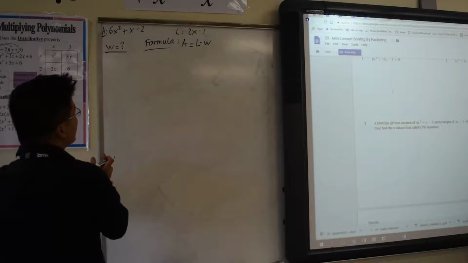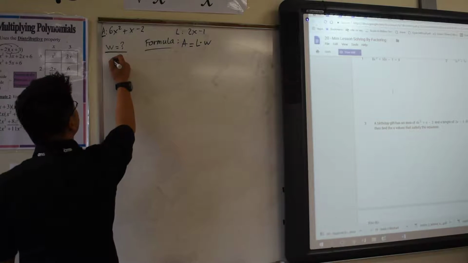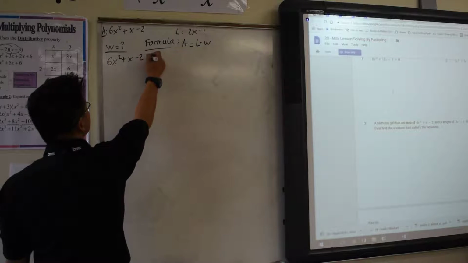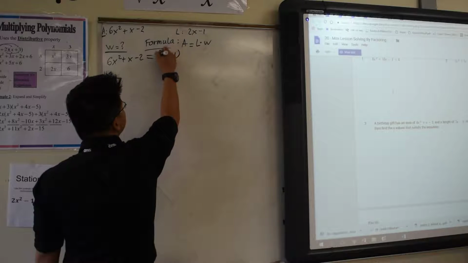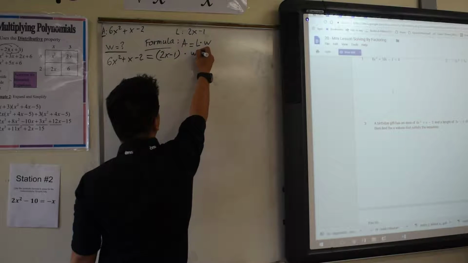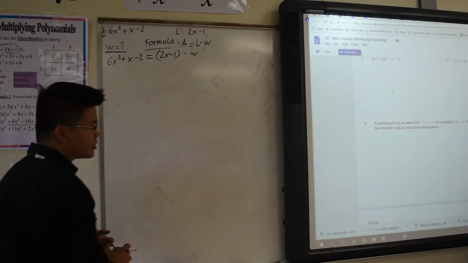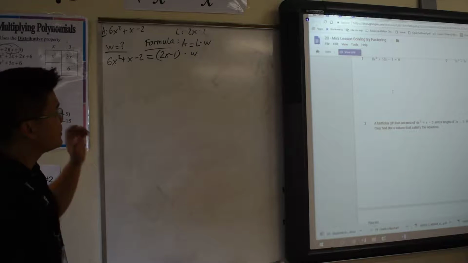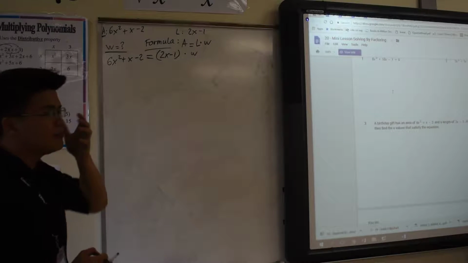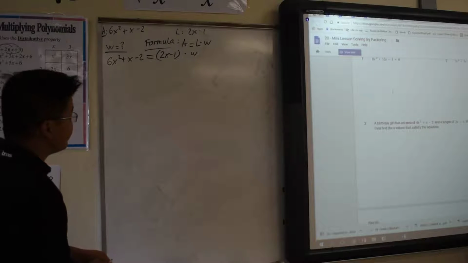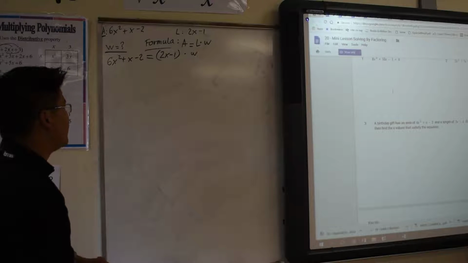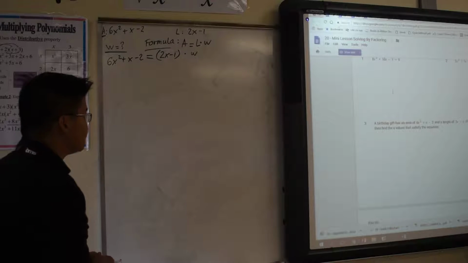Right. What do we know so far? We know our area, 6x squared plus x minus 2, equal to our length, which is 2x minus 1, times our width. These are really mean questions here, because if you just straight up divide it, it's impossible. You haven't learned that yet. This is in Math 3. So the other way to solve this is to factor